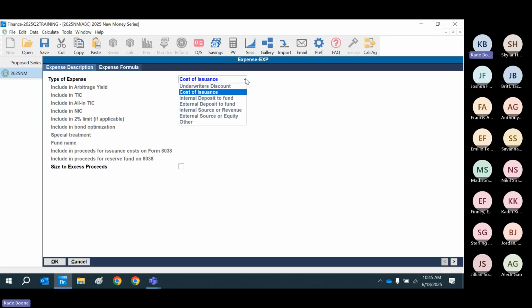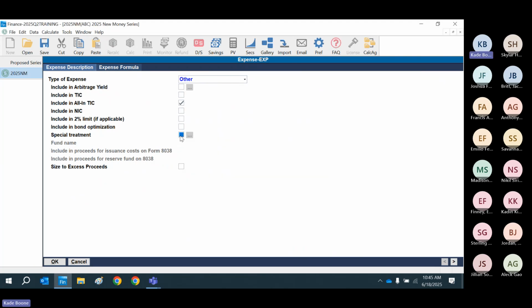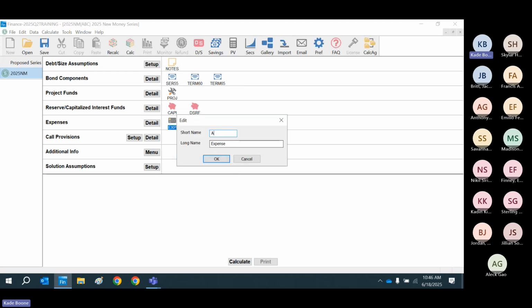Usually this is used more for, you start getting into... It's obviously not included in underwriters or cost of issuance. If it's included in a certain way in 80/38, it can get fairly complex. That's why we're here. You may have cost of issuance that you go, excess proceeds. I want to absorb any kind of rounding in. Well, you can't really do that in the issuance expense. So you would create, and if you go, you know what, I want to edit, I'll just say,